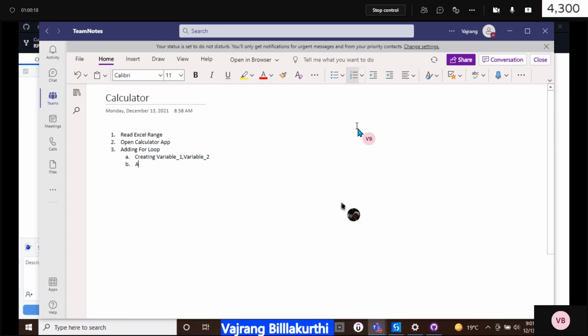Clicking 1 and 2 numbers. Click number 1, and then enter. Click plus, and then click number 2. Add it in the next step. Press enter.